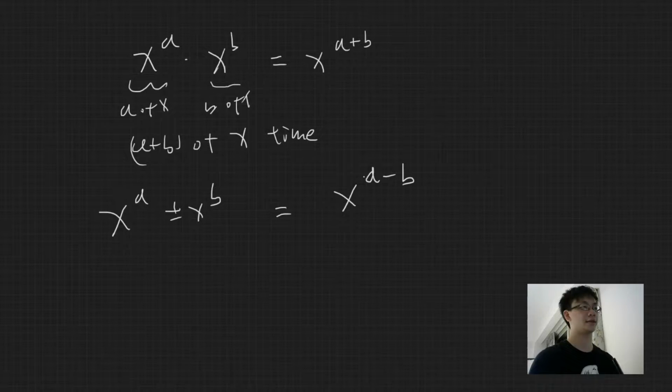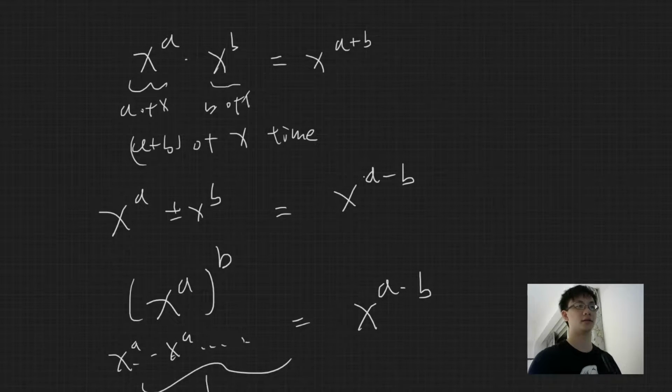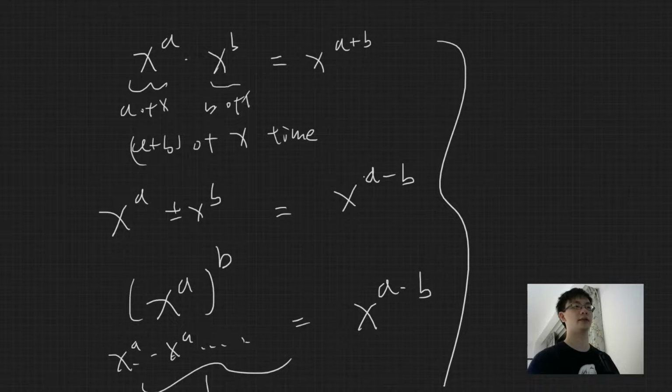Right, and the last one, x to the power of a, and then bracket, the notation is very important, to the power of b means x to the a times x to the a, and so on, and there are b of these in total. So you have x to the power of a times b, because you have a of b, right? 1, 2, 3, 4, all the way to b, so a times b, right? These are the three operations you can know, and the other two is